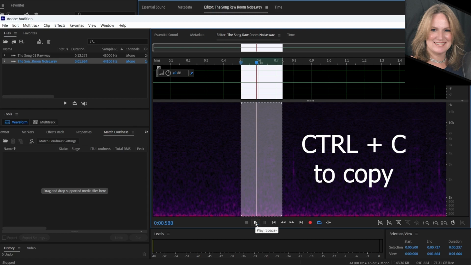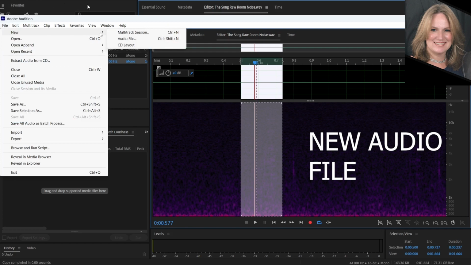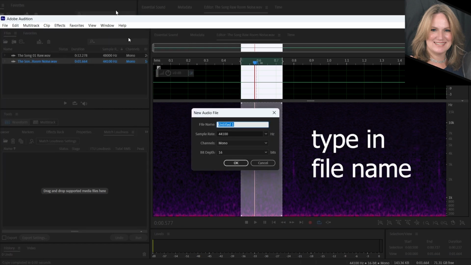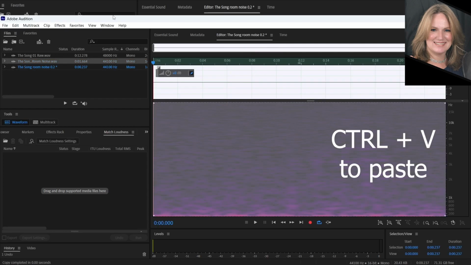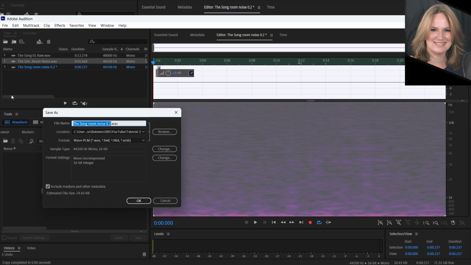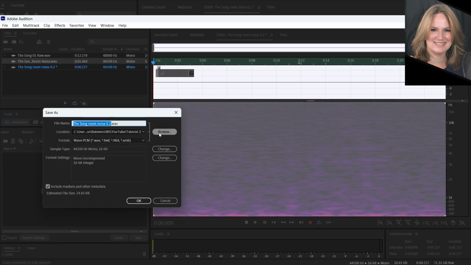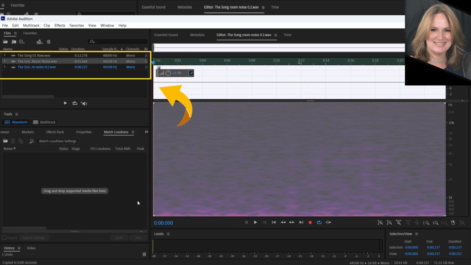Click Ctrl-C to copy, and then click File, New Audio File, type in the file name. I'm calling it the title of the book, room noise, and how many seconds I grabbed. Click OK. Click Ctrl-V to paste the room noise sample in. Remember to save it in the right folder. Ctrl-A to highlight your 2 seconds of room noise and move over to the top left-hand side and double-click your